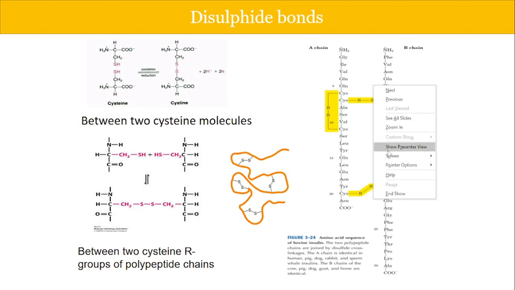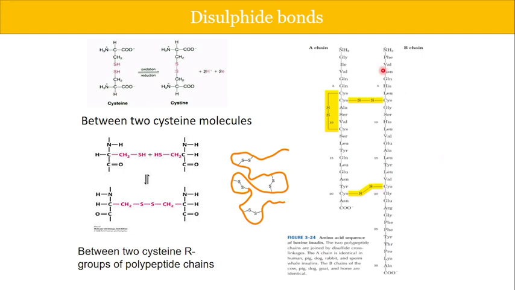Now what we see on the right hand side is the structure of insulin. Basically insulin has two chains, while the pre-proinsulin has three chains, which are the A chain, B chain and the C chain. What we see here is the amino acid sequence of bovine insulin. The two polypeptide chains are joined by disulfide cross linkages.